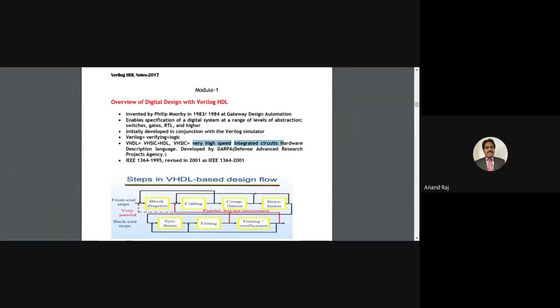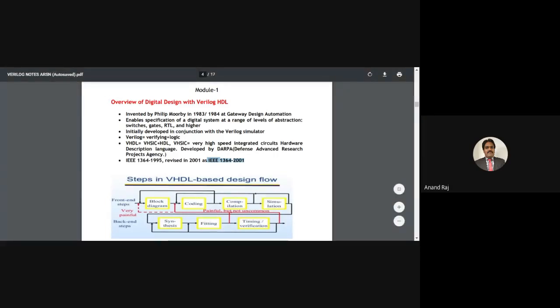The IEEE number for Verilog is 1364-1995, revised in the year 2001. Now the standard number for Verilog is IEEE 1364, and the year in which it was revised is 2001. Now it is 2020. From 1995 onwards, this language has existed.